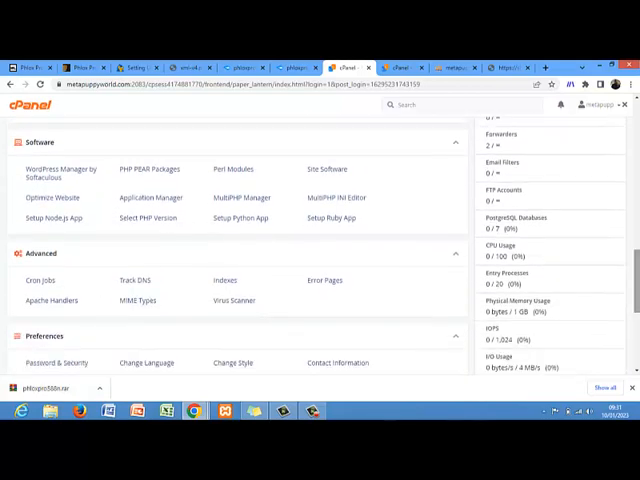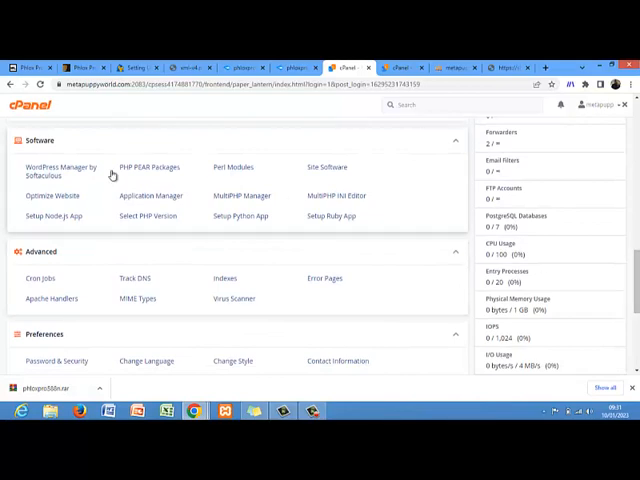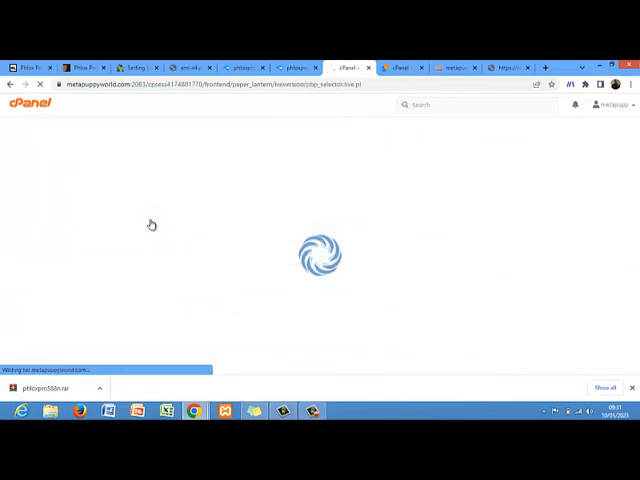Then we have the WordPress manager by Softaculous. So this is where we are going to be. In this place you can select your PHP version. In some cases, some PHP versions might be outdated and WordPress might not support them. You can just come here